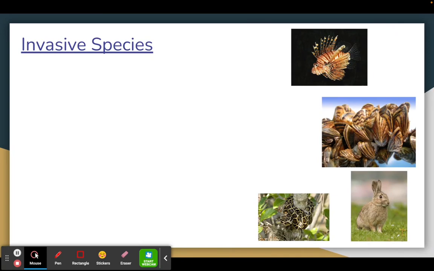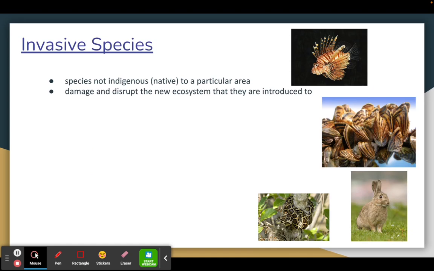And actually the animals depicted to the right are all considered to be invasive species. So what is an invasive species? It is a species specifically that's not indigenous or native to a particular area. The problem with an invasive species is that it can be very disruptive and damaging to the ecosystem that they're